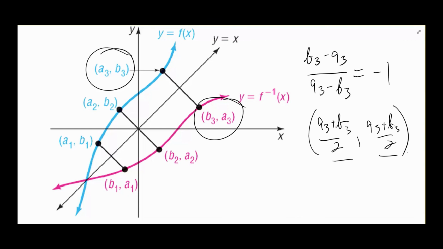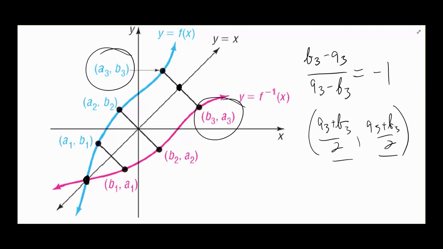Now I bring this up because it helps us to identify if we've made a mistake or not. It also helps us to say, if our function crosses the line y equals x, like it does down here, the inverse will as well. And hopefully that's clear, because if an ordered pair like (2, 2) is on your function, when you flip-flop it, (2, 2) is on the inverse. So that's just a basic overview of the idea of a graph,